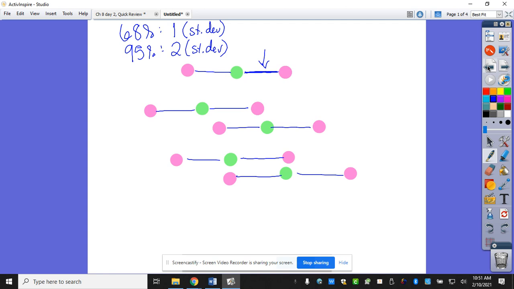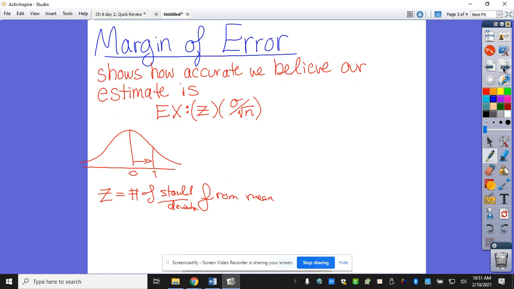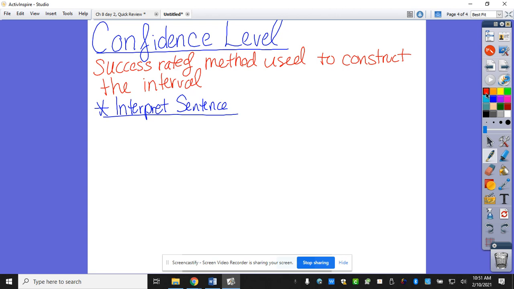In general, we're estimating a parameter. So I want to see what percent of those actually capture the parameter. So that's pretty much exactly what the interpret sentence is. If I made all of them, that's how many would capture it. So this is blank percent